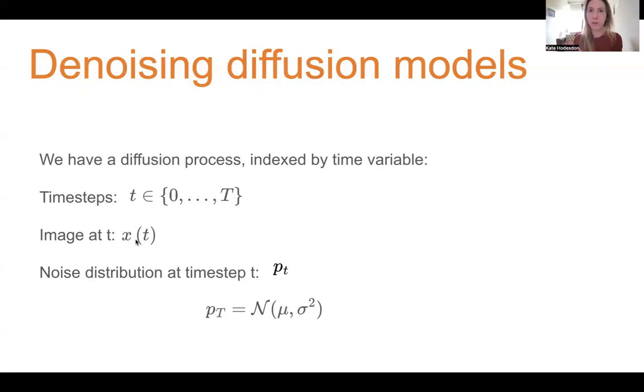So as t is tending towards big T, this image is going to get noisier and noisier until eventually it's just pure white noise. And we'll let P sub t be the probability density at t. So this is like the noise distribution at time step t. So at big T, there is no more information remaining in X. And we can choose P of big T just to be a simple Gaussian. And of course, P sub 0 is entirely uncorrupted, and that's our original data distribution.